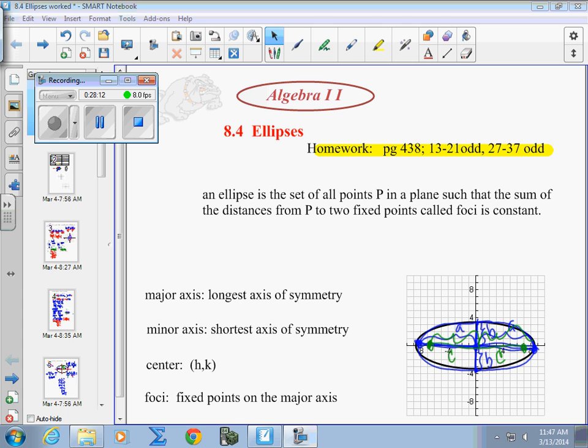So we're going back over the homework exercise on page 438, 13 through 21 odd, 27 through 37 odd. I also would put the answers to the night before's homework on parabolas online. So if you want to check your answers, they're online. I've written out each one of them, so hopefully if you're having trouble, you can